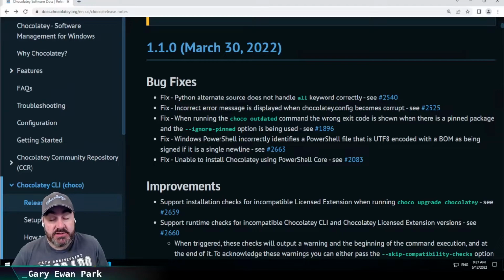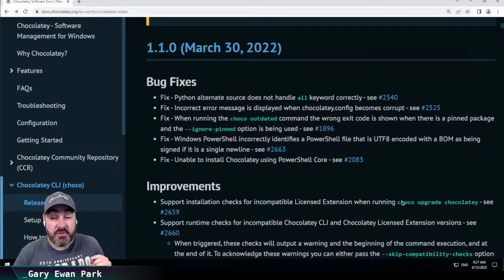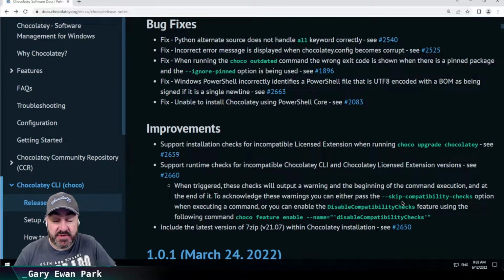Hello. In this short video, I want to talk about what we've released in the 1.1.0 version of the Chocolatey CLI. So these are release notes that we can see here. What we've included in this release are a couple of bug fixes and a couple of improvements. I'm going to start with the improvements because they kind of lead on from the previous release of the 1.0.1